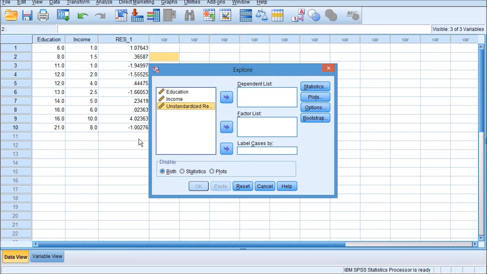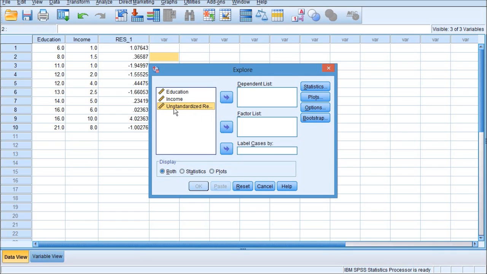Initially, you see these variables: estimate, education, income, and residual variables. The unstandardized residual RES1 is the third variable here.